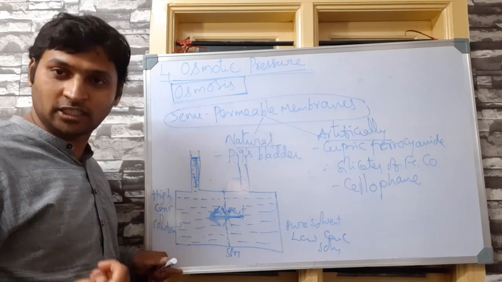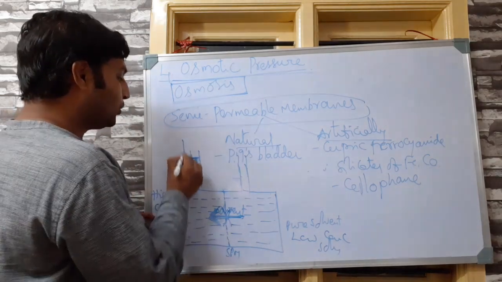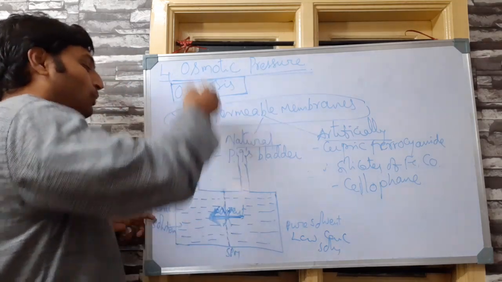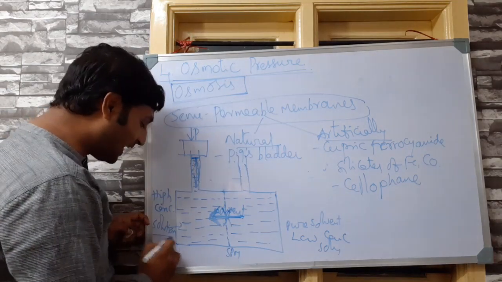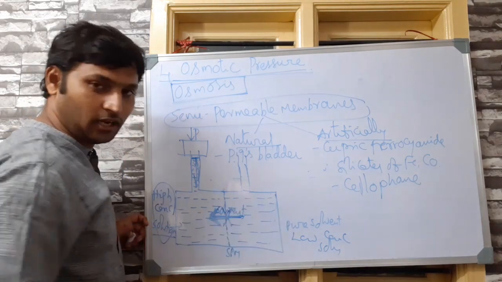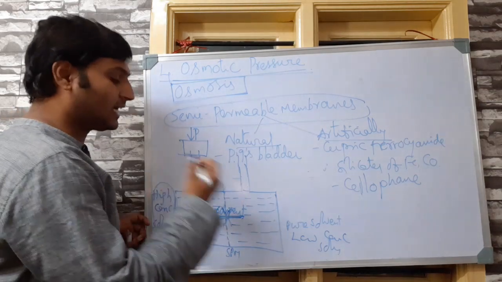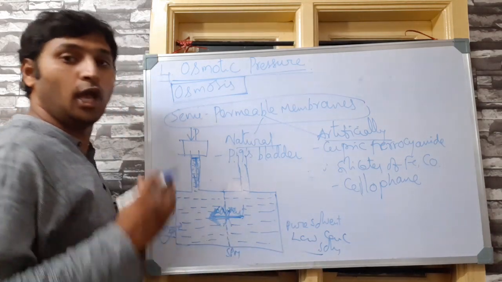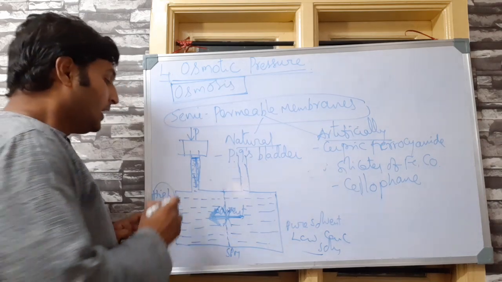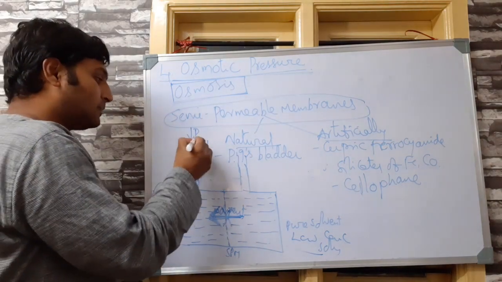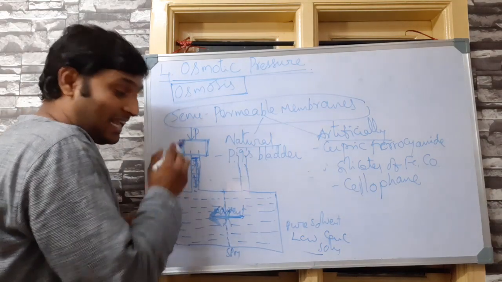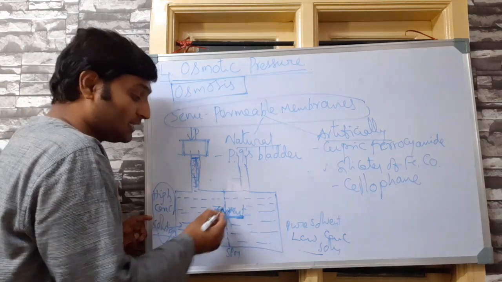Having that information with you, you are going to apply pressure on the solution side if it is separated by pure solvent, or on the higher concentration solution side if it is separated by lower concentration solution, whatever the case might be. So the excess external pressure you are applying on this side in order to stop the flow of solvent